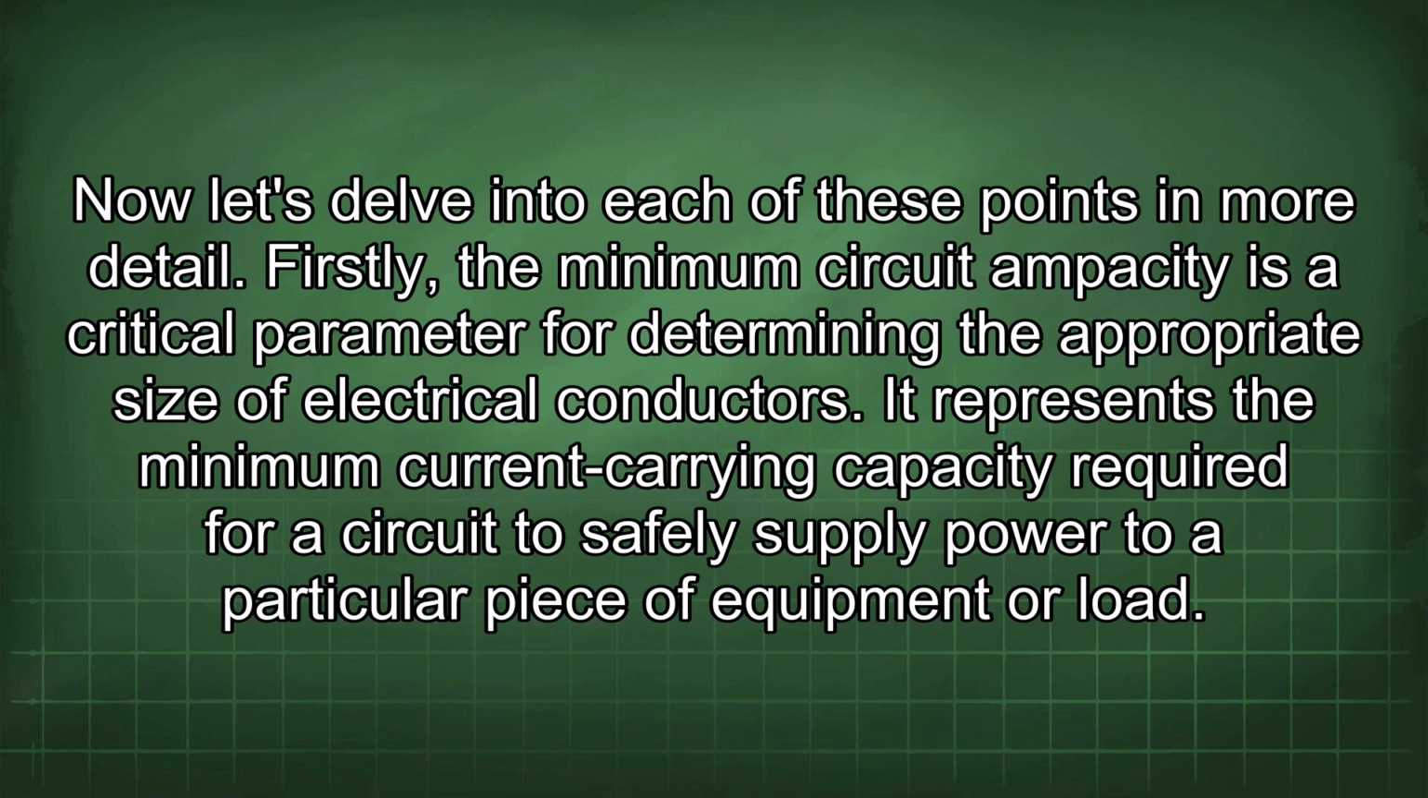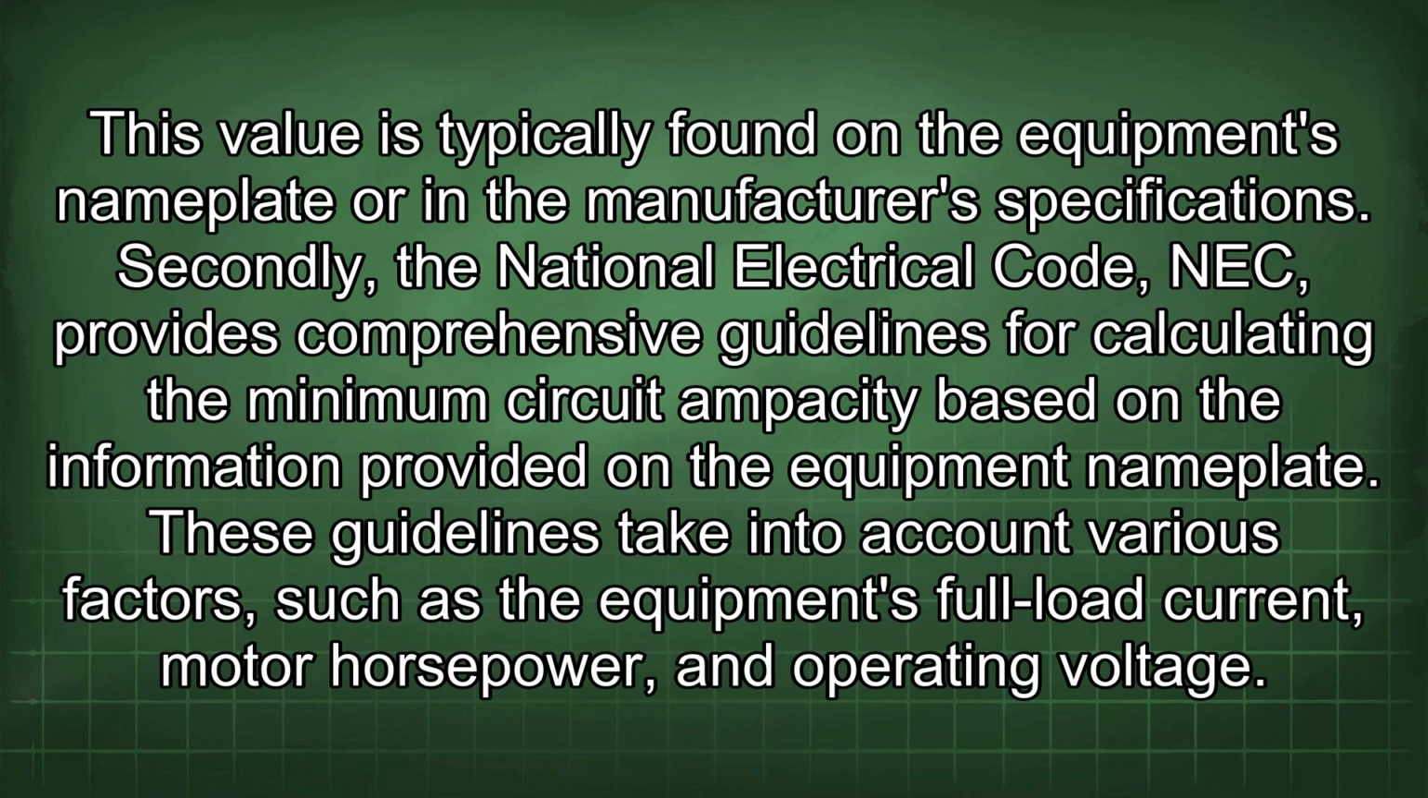It represents the minimum current carrying capacity required for a circuit to safely supply power to a particular piece of equipment or load. This value is typically found in the equipment's nameplate or in the manufacturer's specifications. Secondly, the National Electrical Code (NEC) provides comprehensive guidelines for calculating the minimum circuit ampacity based on the information provided